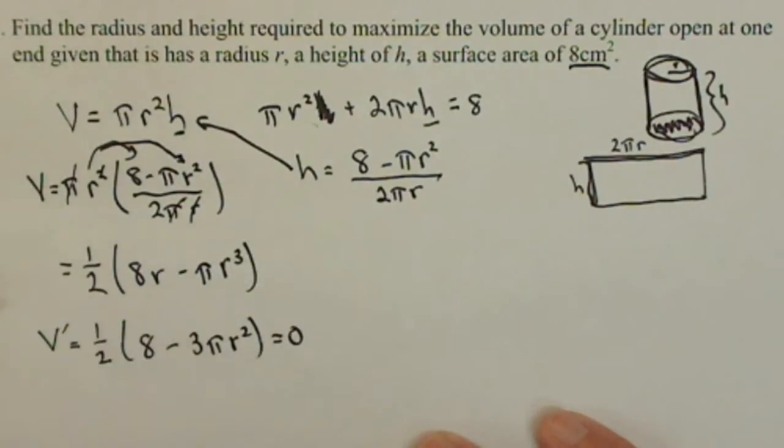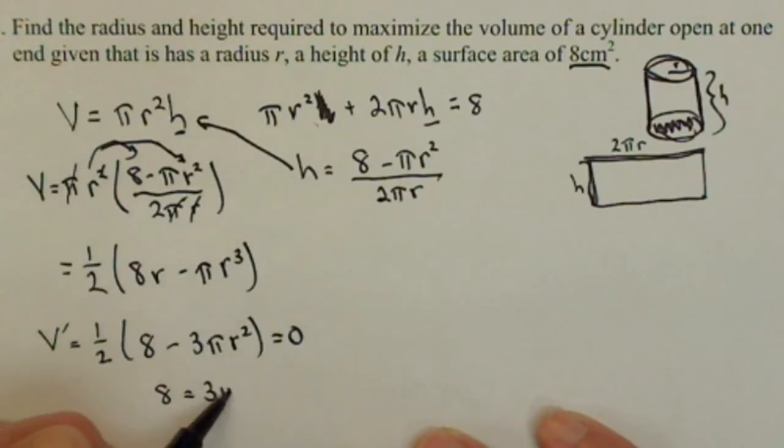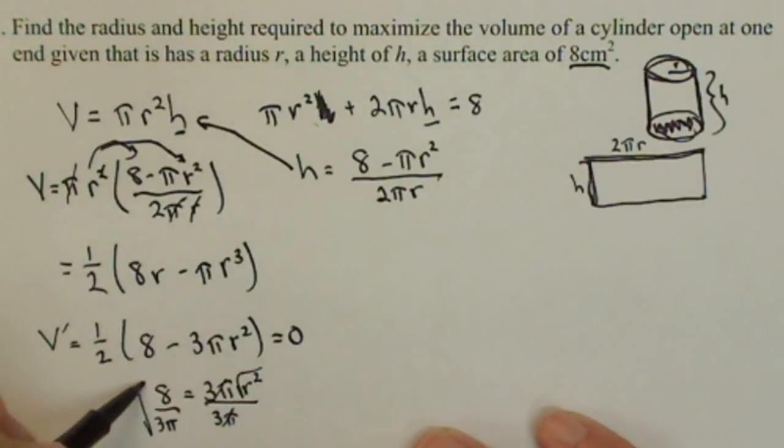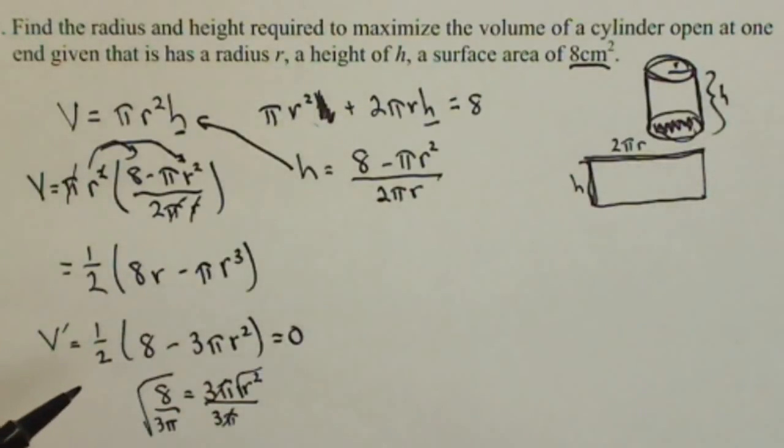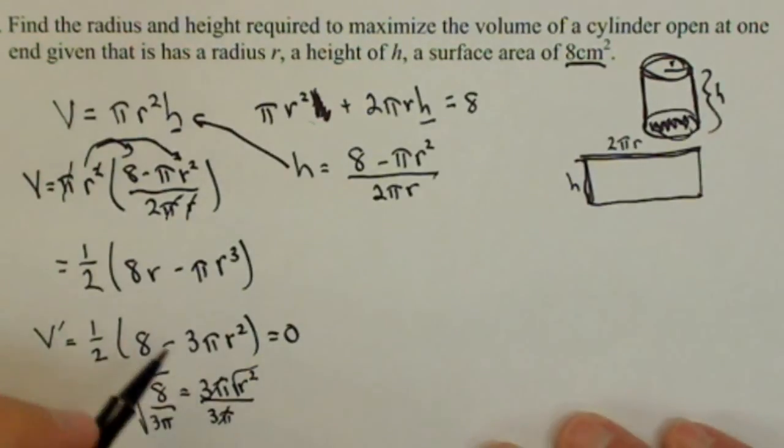We set this to 0 and we solve for our critical point. Well, that's setting this to 0. Where is that going to happen? Where 8 equals 3 pi r squared. So we need to solve this for r squared by dividing by 3 pi. Divide by 3 pi, and then square root. Now we do not need to account for the positive and negative, because the only positive makes sense in this